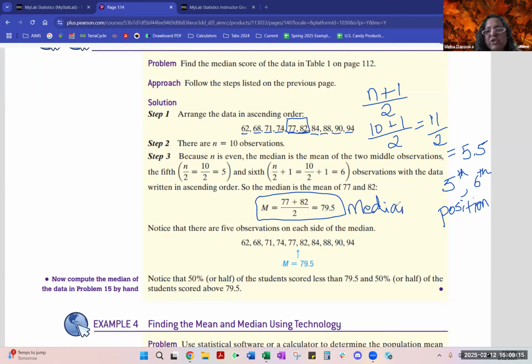Now you can see your textbook talks about you take n divided by 2. So that's 10 divided by 2, which gives you the 5th position, which was again this guy here. N divided by 2, which is still 5. And then you add 1 to it. So 5 plus 1 gives you the 6th position, which would of course be this guy over here. So instead of remembering, okay, we have,